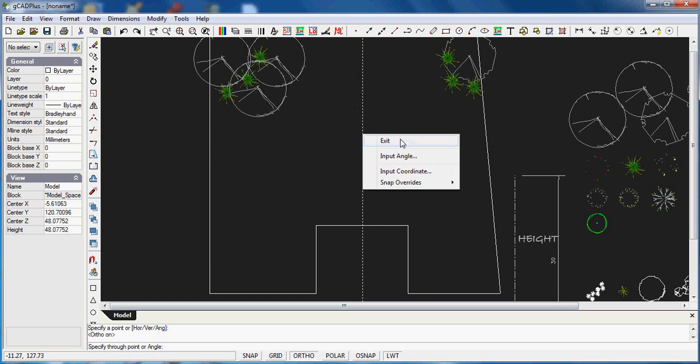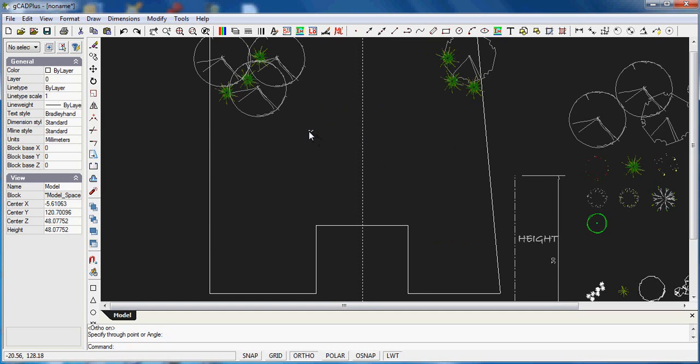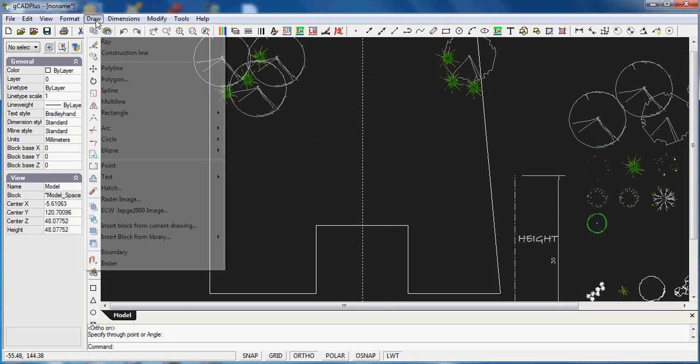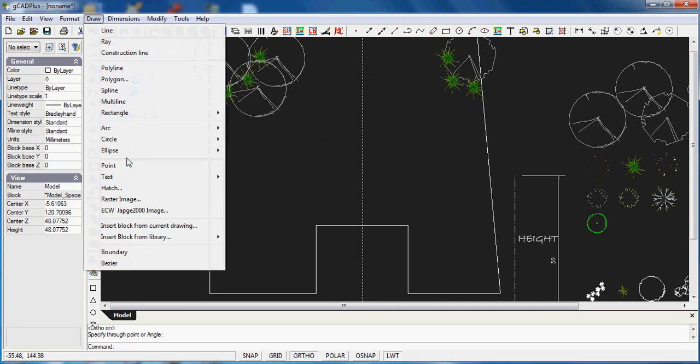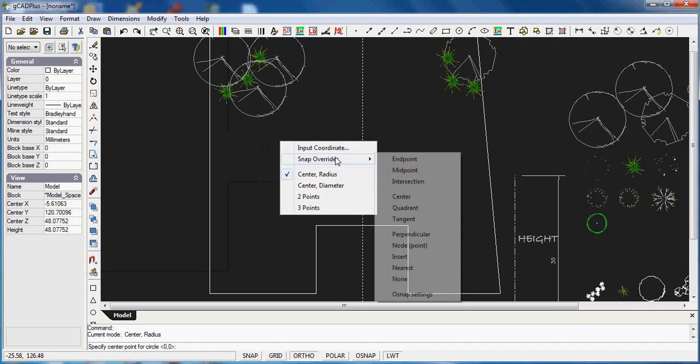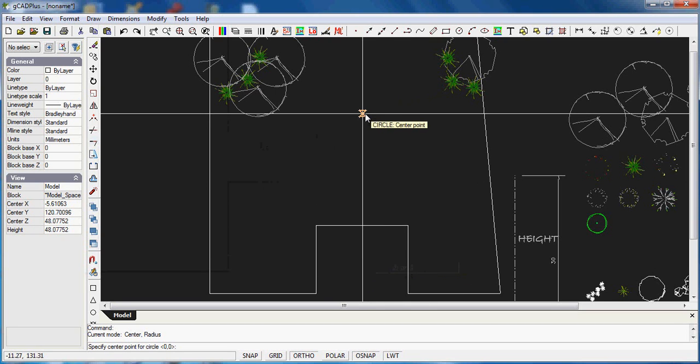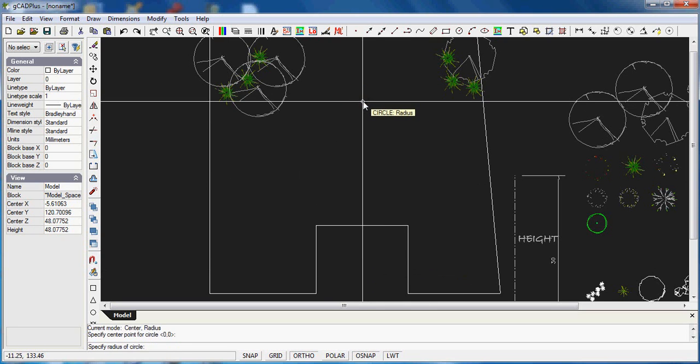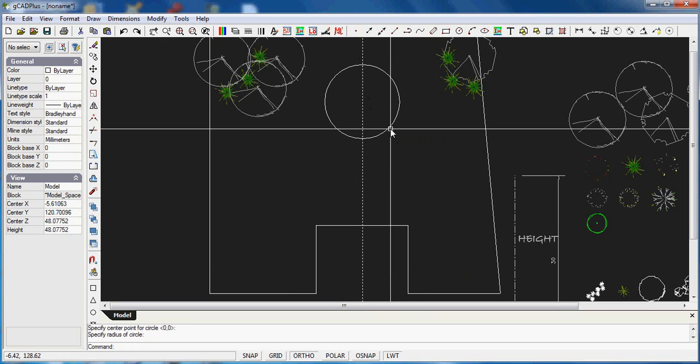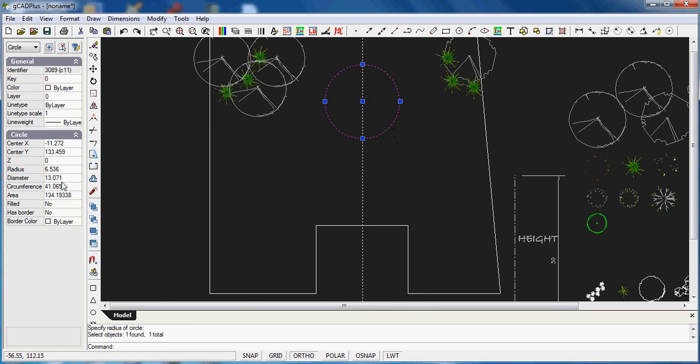Now we've got a construction line running through there, and it becomes an easy matter to, let's say, center some sort of circle on there, because we want symmetry. We've decided that our client likes a symmetrical and formal arrangement, so we'll say center radius, we'll right click again, and we'll pick nearest. Here it is. That enables us to slide the center of the circle along there, and we can just pull out. We can pick the circle and adjust its diameter from 13.071. We'll make it 15 feet diameter circle. So we've precisely